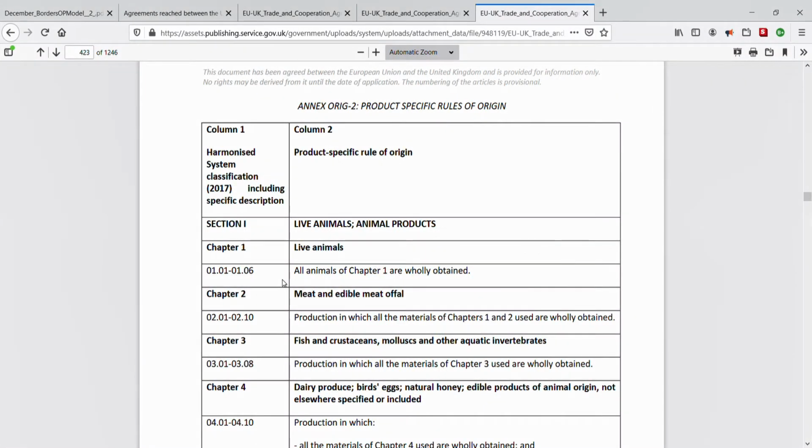OK, and next, we'll uncover a little more about the harmonized system for both the rules of origin and the trade tariff. And so, it seems to me that what we see here, this harmonized system, is only part of the story. The numbering system we see here means nothing without more information about the product type, the duties payable, VAT, licenses, and more. And the good news is that not only does the harmonized system provide a framework for product-specific rules of origin, but this harmonized numbering system forms part of the structure for commodity codes too. And therefore, this rules of origin list can be viewed in conjunction with the UK trade tariff tool.